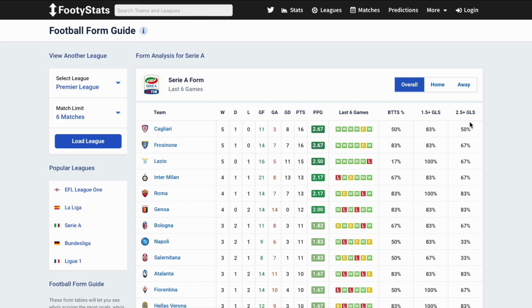The last 3 columns present the BTTS, or both teams to score percentage, the percentage of games with over 1.5 goals, and the percentage of games with over 2.5 goals based on their performance in the last 6 games. If you like to bet on overs or BTTS, this stat is exactly what you need. These numbers are the odds of outcome of the BTTS and overs based on their latest historical data. Therefore, it could certainly yield mathematically profitable bets.